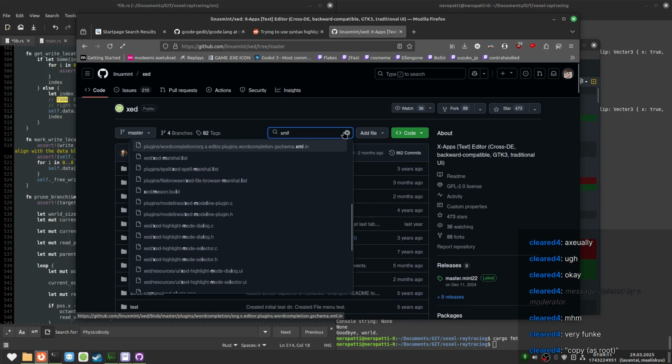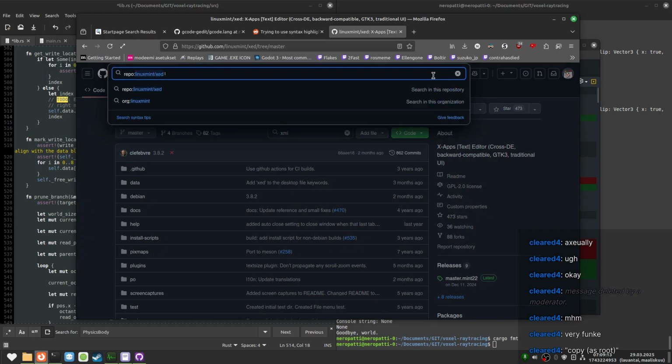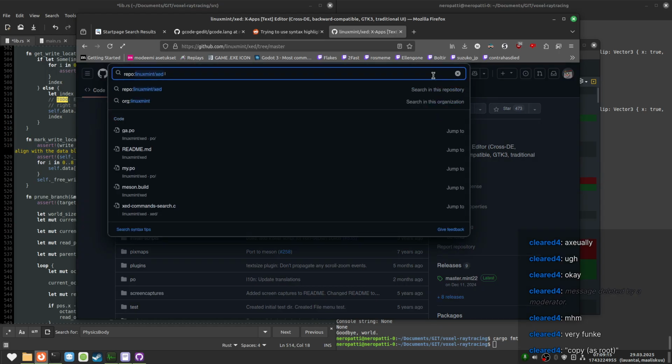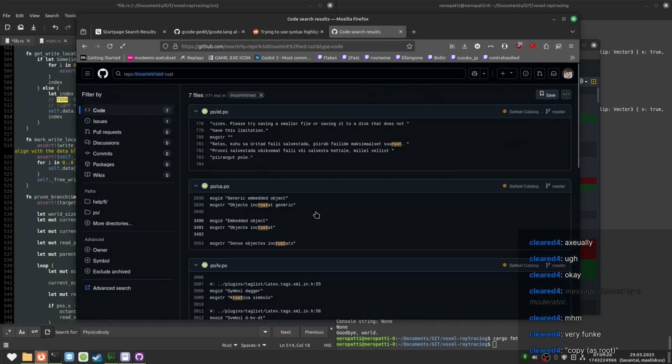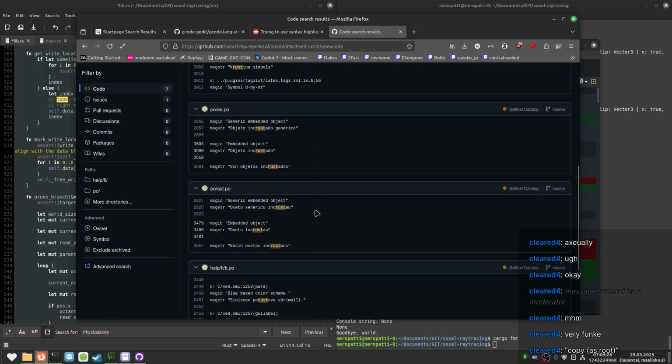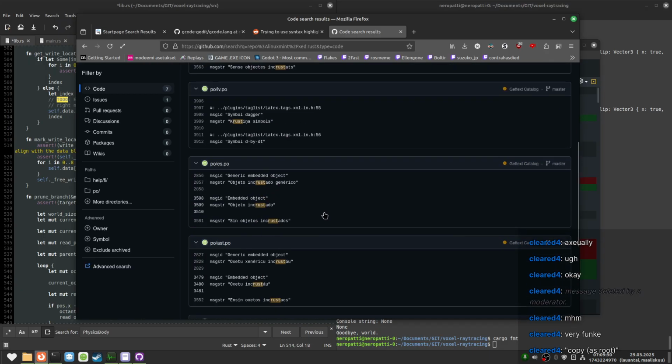I remember one time trying to find something in the repo, and the code is just so unreadable to me. It's amazing. Just search for Rust. It's the Rust highlighting that I want to find. Alright.